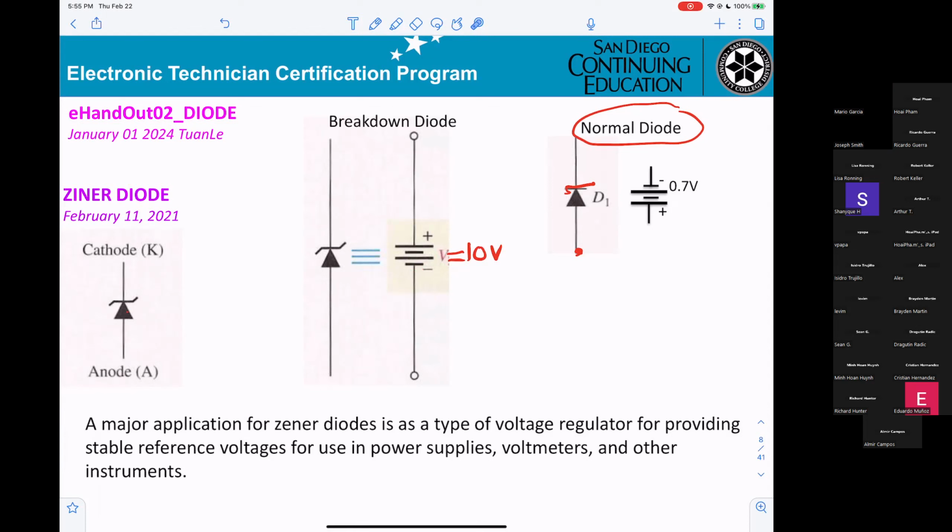Now, if it does not break down, it works like a normal diode. That means you substitute the diode by a battery, positive, negative,